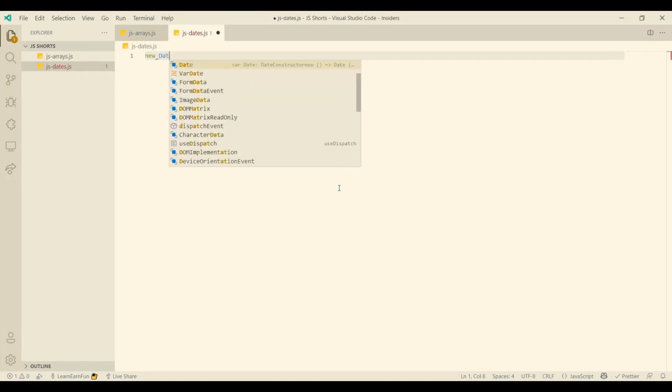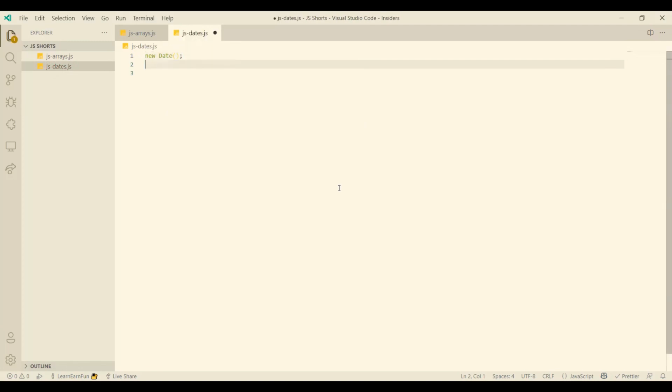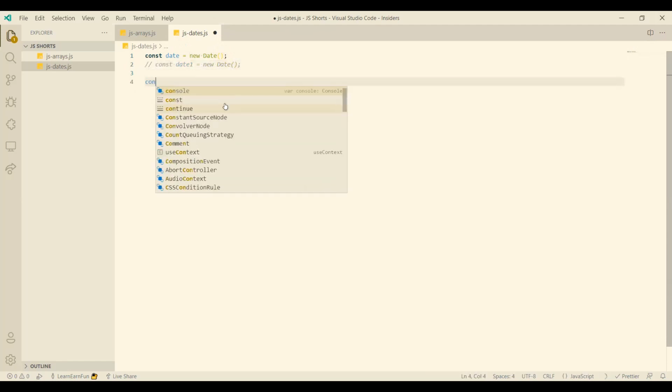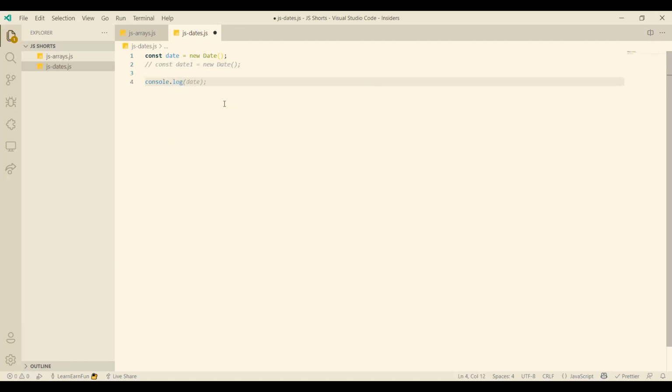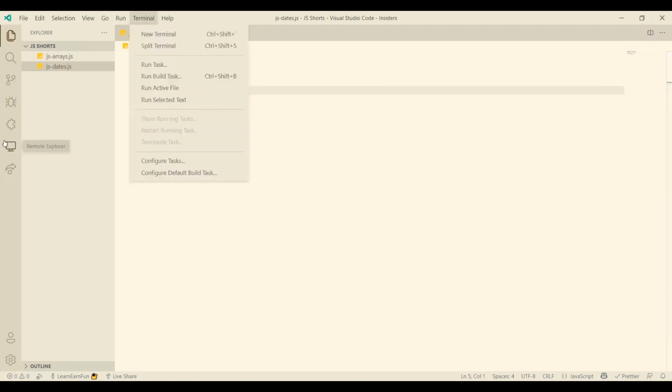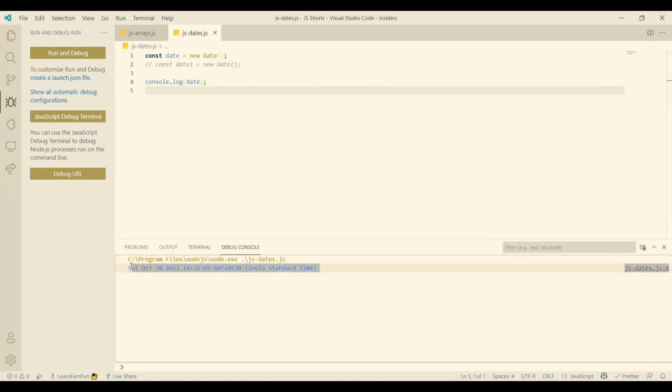So this is the normal way to create a date. Say I will set const date is this, and then I'll set date 1. There's another syntax for this. I'll comment this out and console.log date. And here you can see that I get the date,